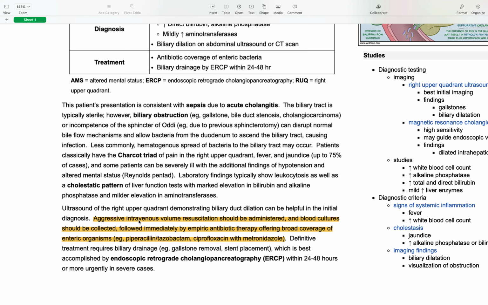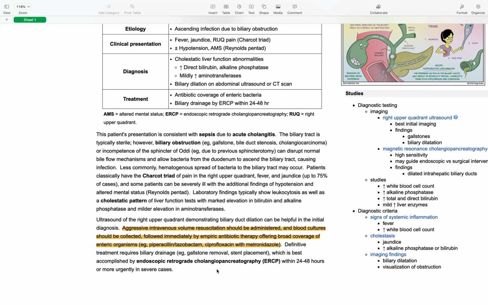Blood cultures should be collected, followed immediately by empiric antibiotic therapy, covering broad spectrum, enteric usually. So you'll start with piperacillin tazobactam or ciprofloxacin with metronidazole. Okay, and this is followed by an ERCP within 24 to 48 hours, because it's both diagnostic and therapeutic to help remove the